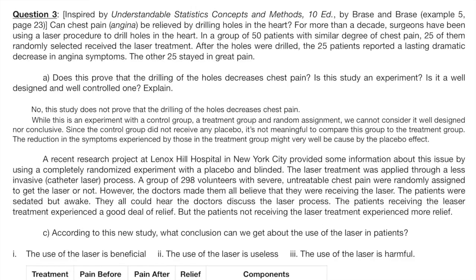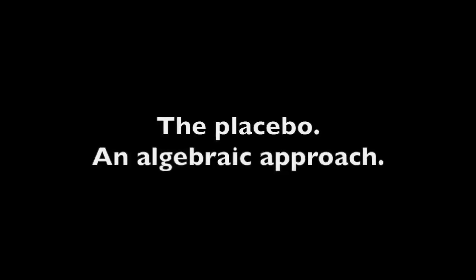I will try to explain this with a metaphor and with a bit of algebra. Imagine that someone gives you a treatment that consists of a punch in your face and a motivational speech. Maybe after this treatment you feel better, but the question is, would you feel even better without the punch in the face, just with the motivational speech? If so, the punch in the face is detrimental. A placebo gives you just the motivational speech, so we can compare.